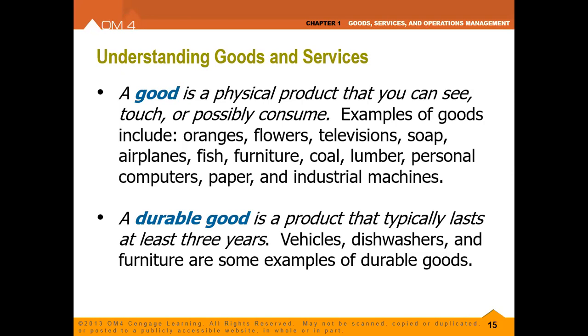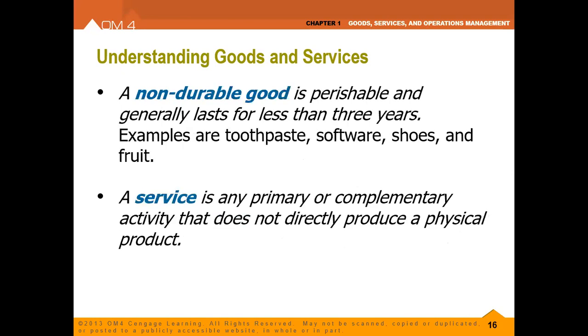And a durable good is a product that will last for at least 3 years. Cars, dishwashers, furniture, sometimes, you know, they are examples of durable goods. Non-durable goods are perishable and usually last less than 3 years, like toothpaste, software, shoes, medicines, fruit. Okay, service, on the other hand,